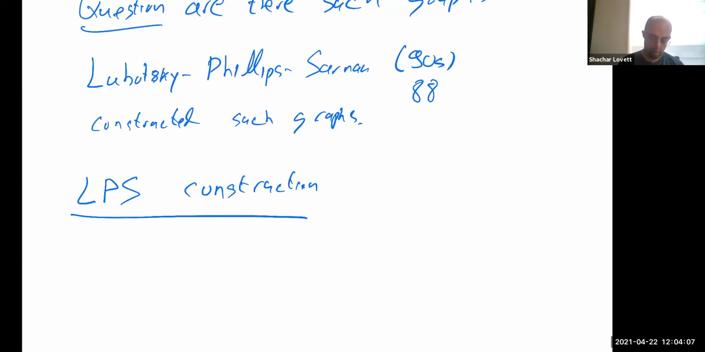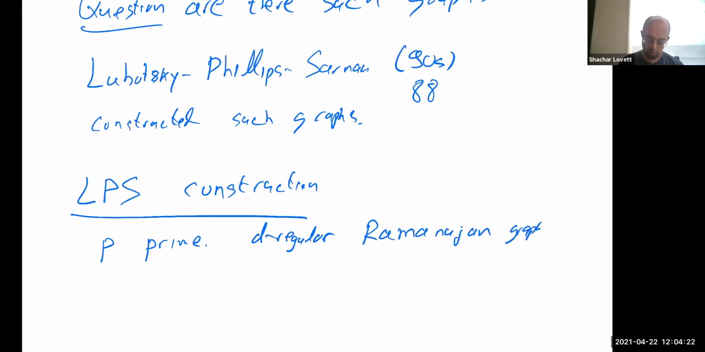Let p be prime. They will construct the regular Ramanujan graphs for d equals p plus 1. So the construction is not for any degree. It's only for prime plus 1. Only for this specific parameter the construction works. Later, this was generalized